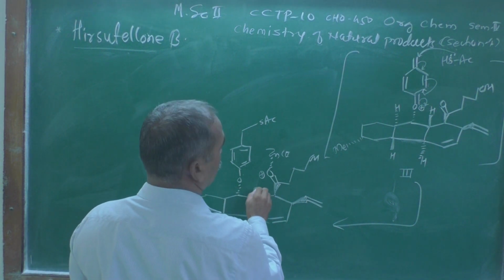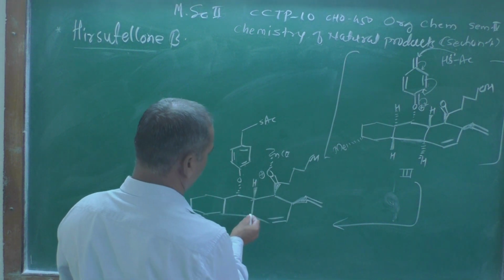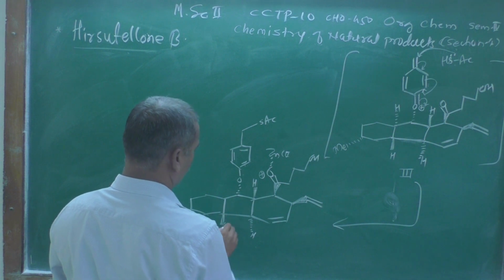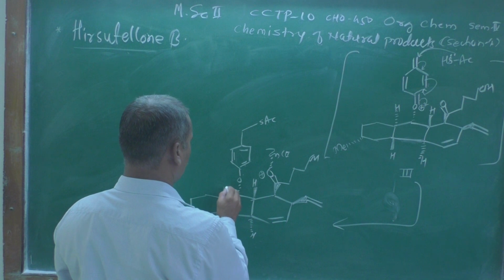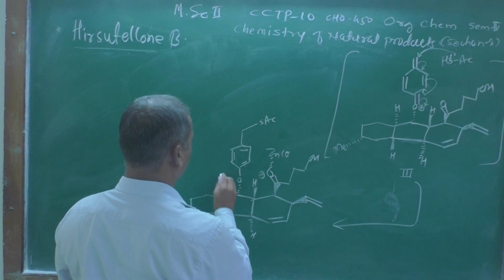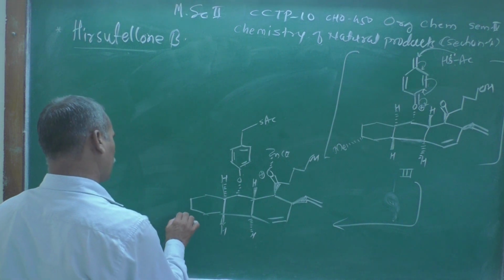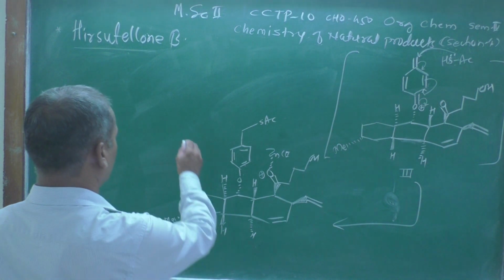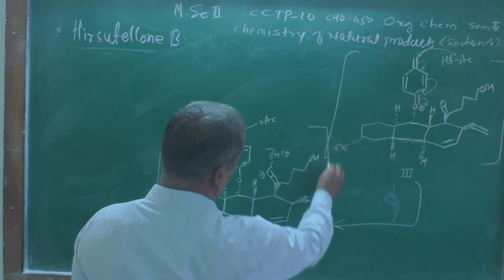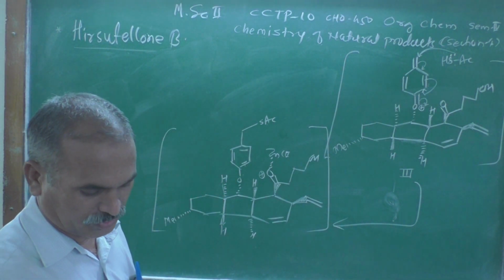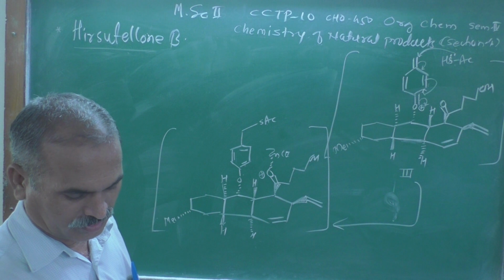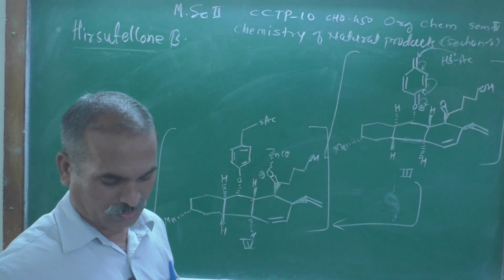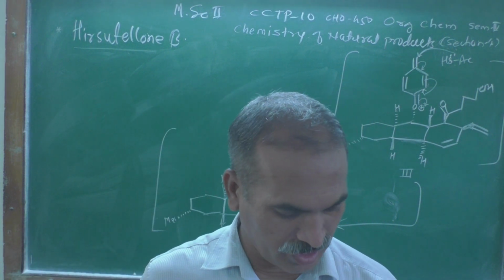This hydrogen atom is above the plane, and this hydrogen atom should go below the plane, this hydrogen atom should be above the plane, this hydrogen atom should go below the plane, and this methyl group will be below the plane, and that remains as it is. This structure also I am representing in the square bracket. So this is shown as structure number 4th, the Roman letter I am using over here.